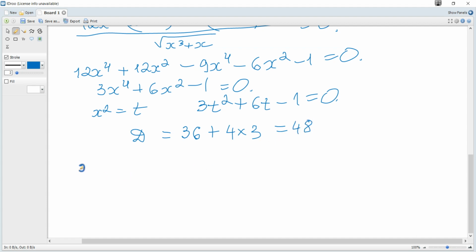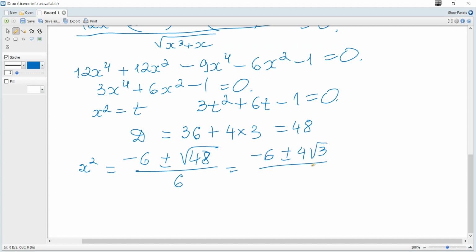Hence t, and t is x squared, so x squared is equal to minus b plus minus root 48 over 2a, which is over 6, and it becomes root 48, it's 16 over 3, so 4 root 3 over 6, so negative 1 plus minus